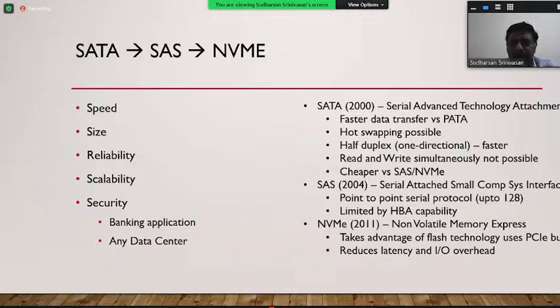But the speed at which you can write is not as high as you would typically want in SSDs, because it uses only one channel, which means you can write only once at a time. So if you see, was there a question? Okay, so if you see